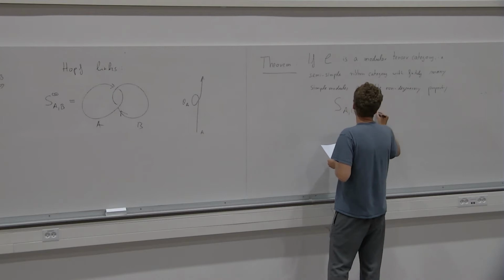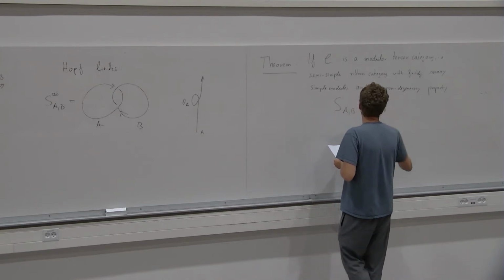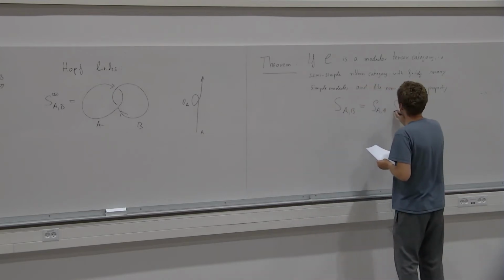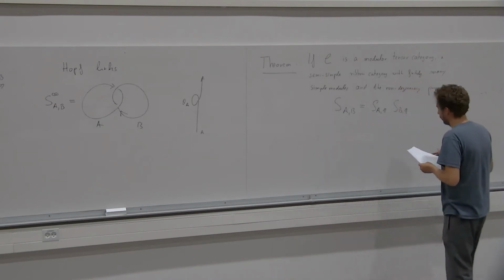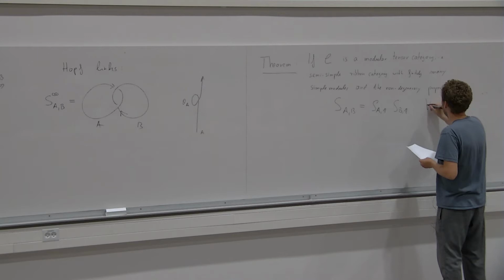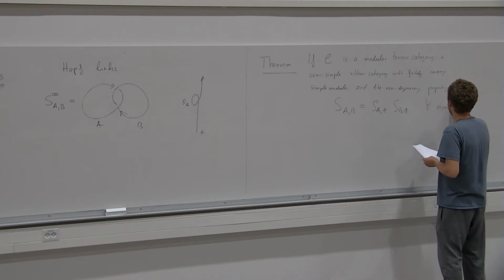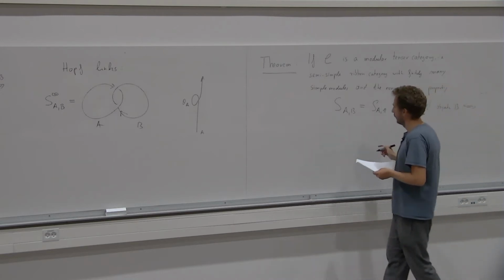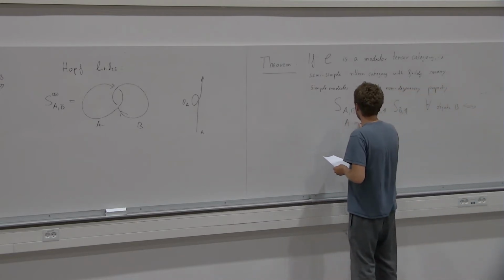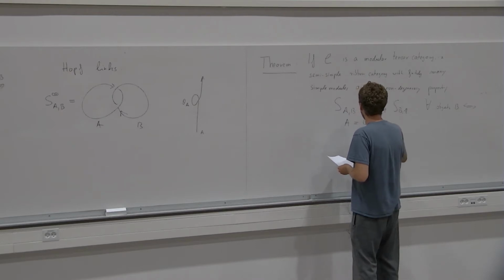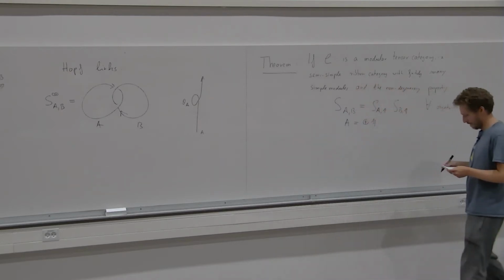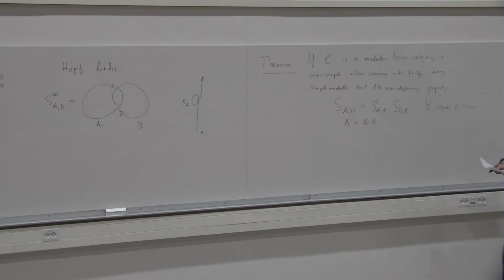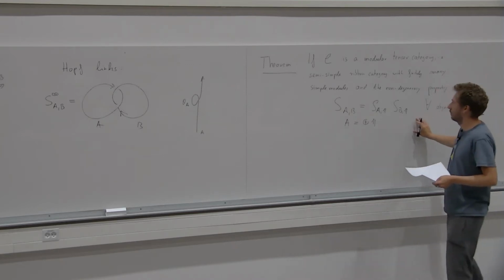It's just the Hopf link of A with the identity times the Hopf link of B with the identity. That this holds for all objects B if and only if A is equal to the identity, or better, a finite direct sum of the identity. If this non-degeneracy property holds,